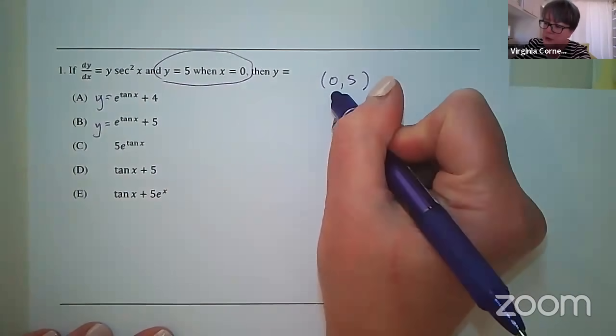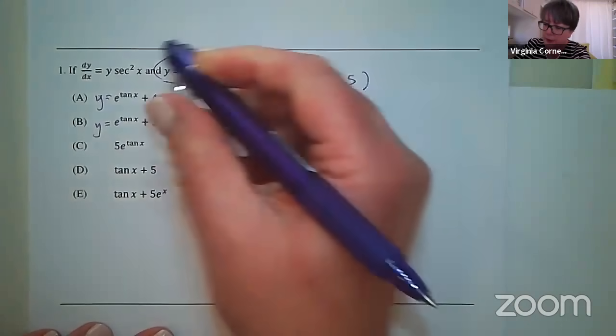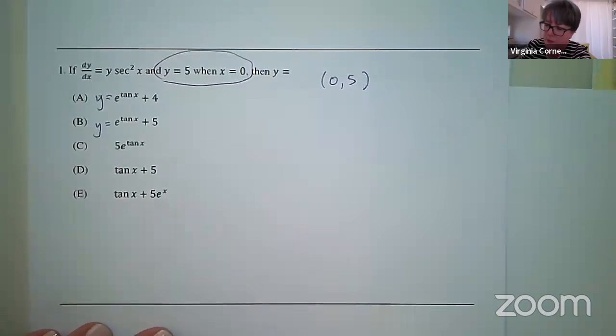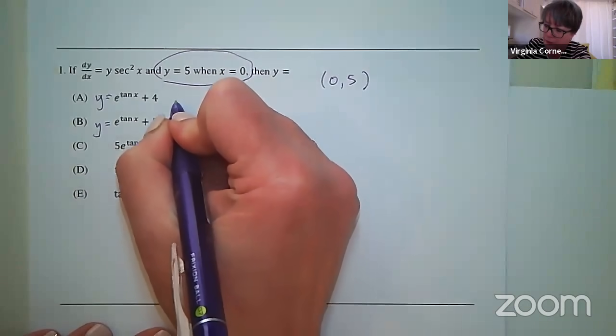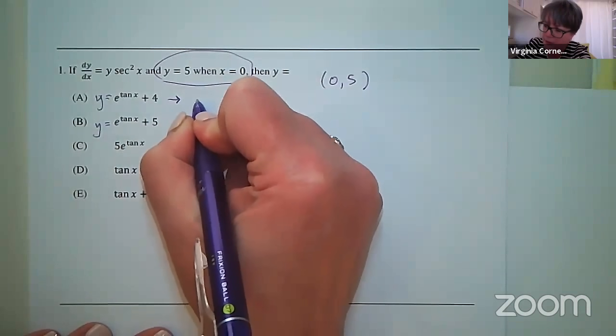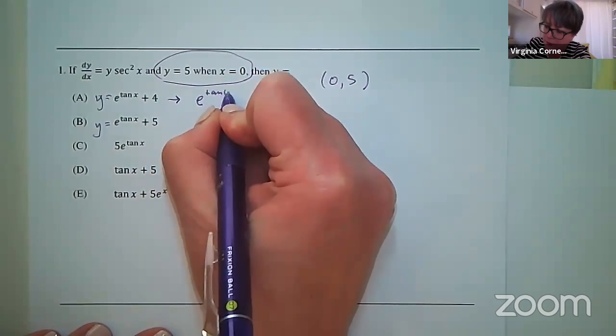All right, so let's go ahead and substitute in 0 for x. And these are my y equals expressions. So when I substitute 0 in for x here, I end up with e to the tangent of 0